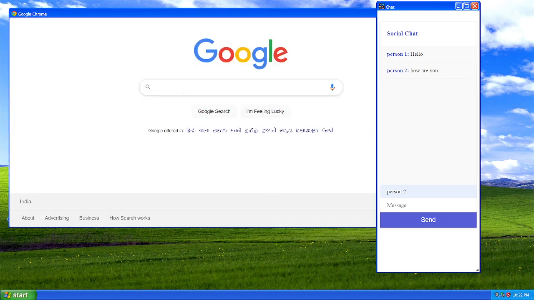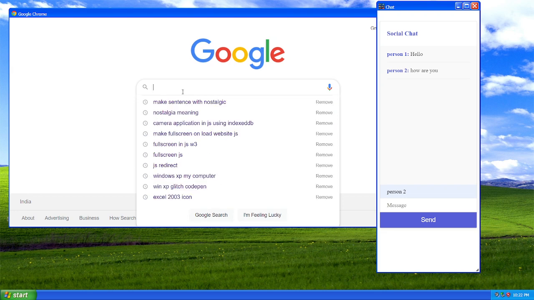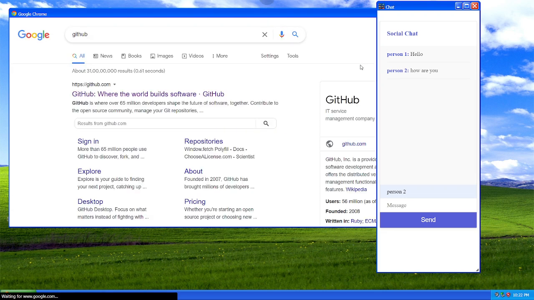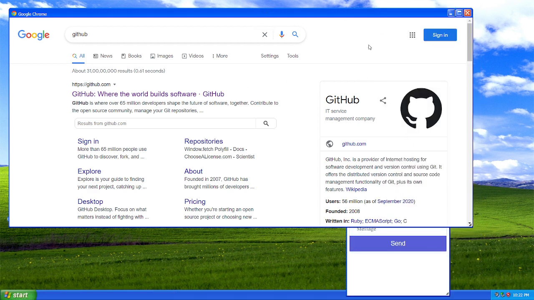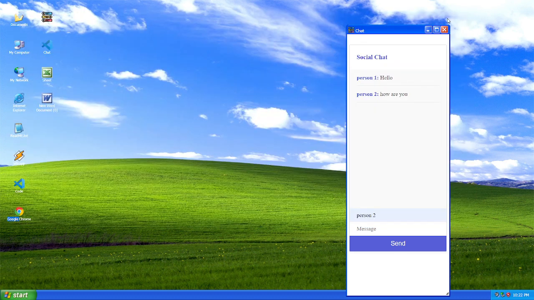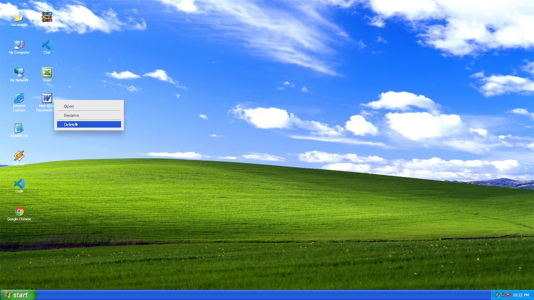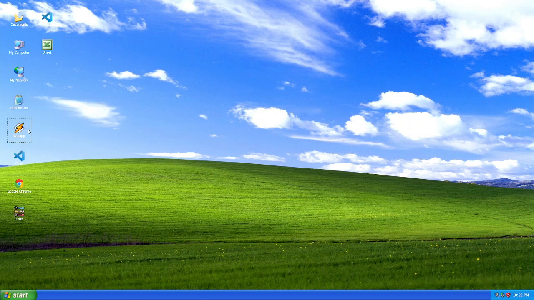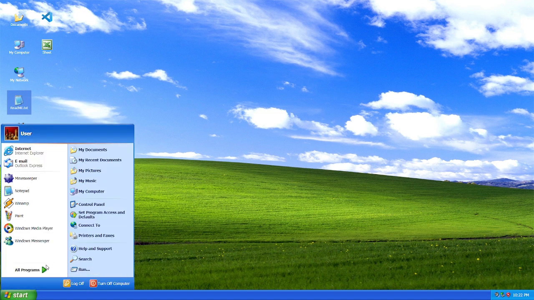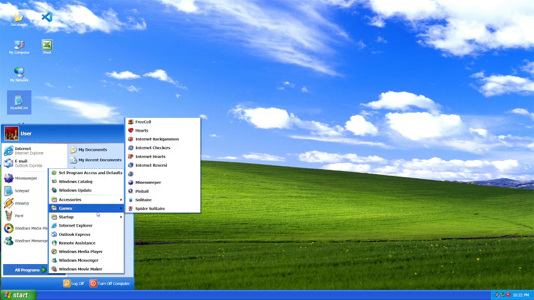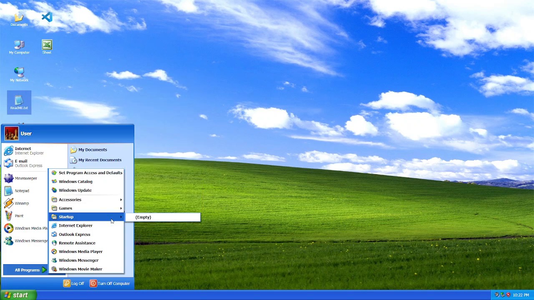This was the search thing. You can search anything, like GitHub or something. You can go there. All these windows can move all around here. Let's close this, close this. We can delete this. We can delete anything. Let's open something else, whatever is remaining. This was the readme, and we can see the start menu as well. Let's hover over it. I've tried to implement all the design like Windows XP.